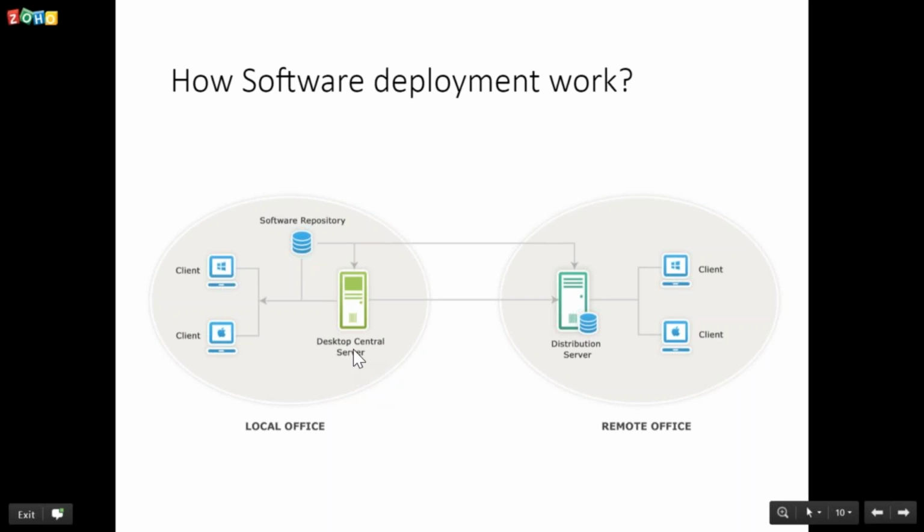As you can see, you have a central server in your main head office and clients being managed locally in your LAN, and you have a network share repository which is configured in your local office. And you have a remote office which is managed via a distribution server, and you have WAN clients out there in that remote office. So when you deploy a software,